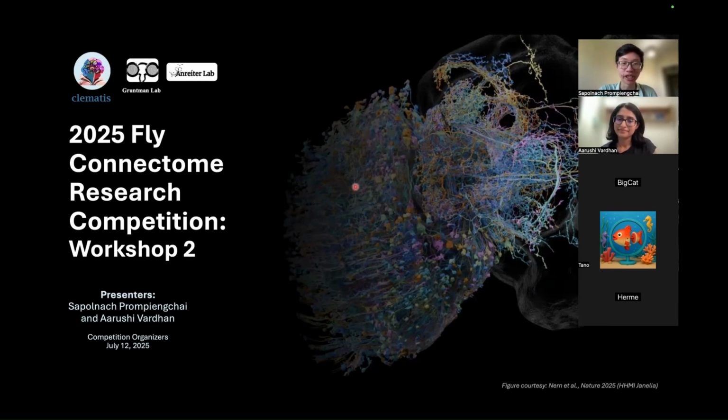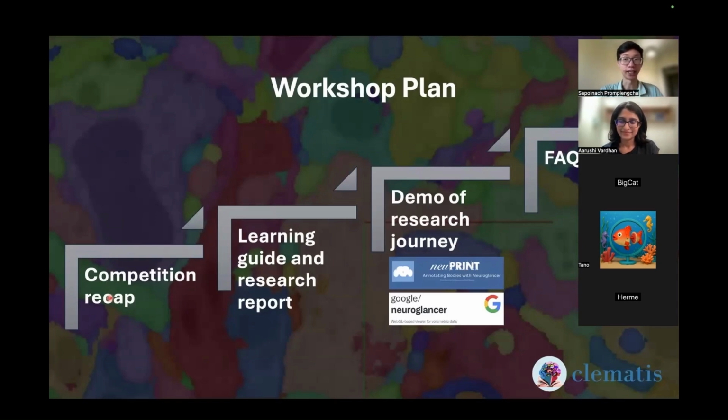In fact, the image that we see here is of the Drosophila visual system. It's also the dataset that we'll be using for the competition and our workshop. Our workshop will have two parts, a presentation followed by a live demo. I will be doing the presentation and Arushi will be showing a very cool live demo of the powerful